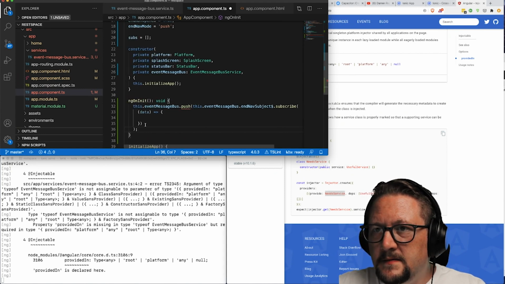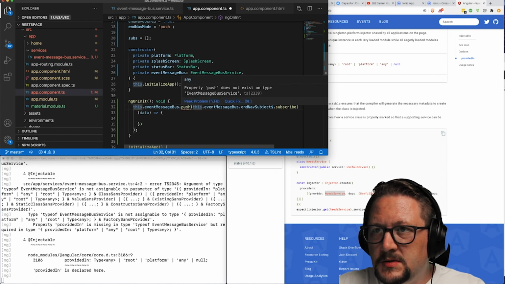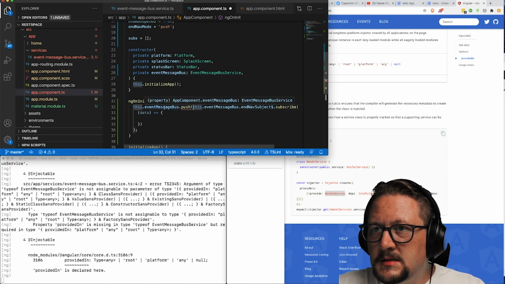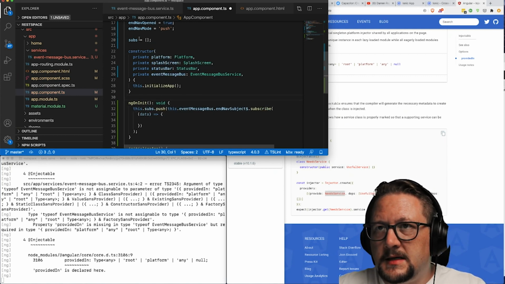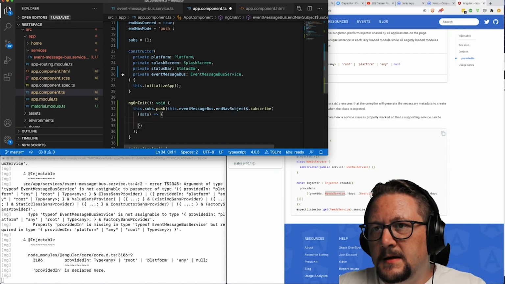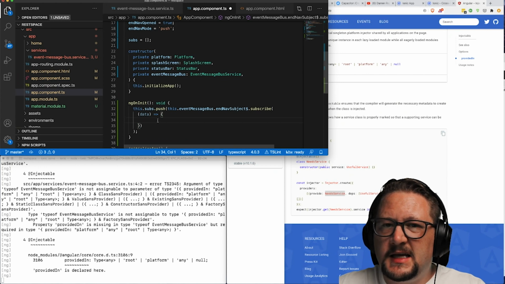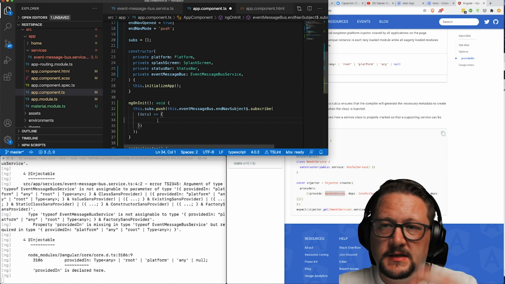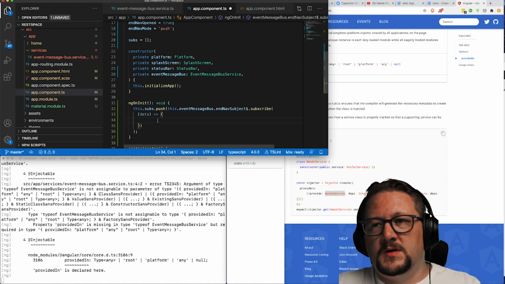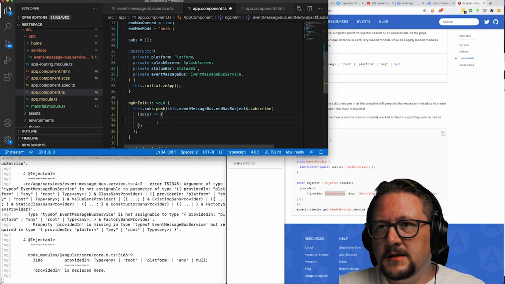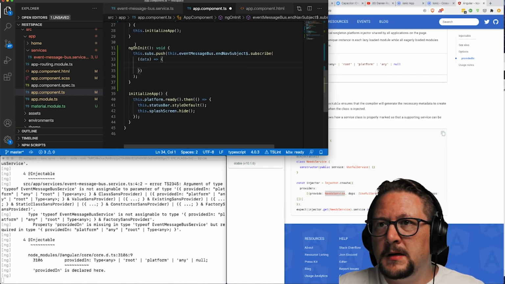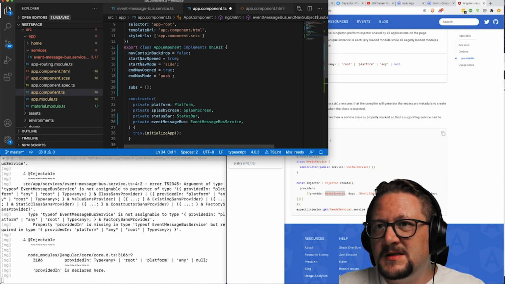Okay, so that's the end of the subscribe, and then that's the end of the push. Does not exist. Oh, sorry, this is the subs. I don't know what happened there. So this array of subs. So I'm registering the subscription, which is going to be stored here in case I want to cancel that subscription for some reason, which you would do in lower components that get created and destroyed. Okay, so now I'm listening to this, and when I receive this event,